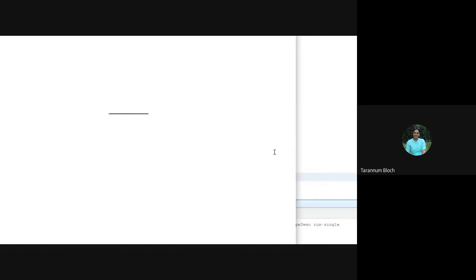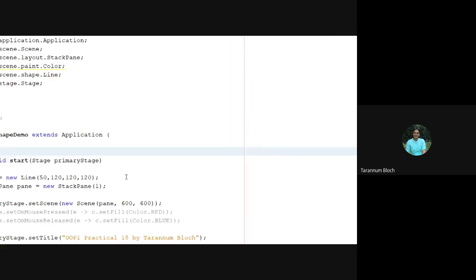And if I want to go with the vertical line, then we'll make the x similar. What will be the coordinates? Anyone?